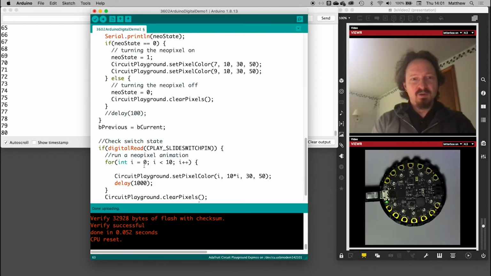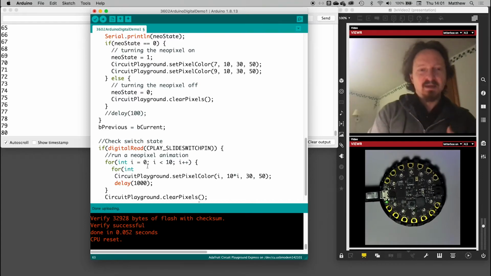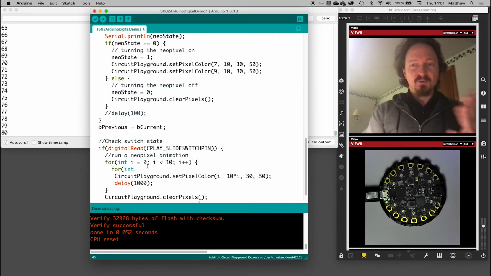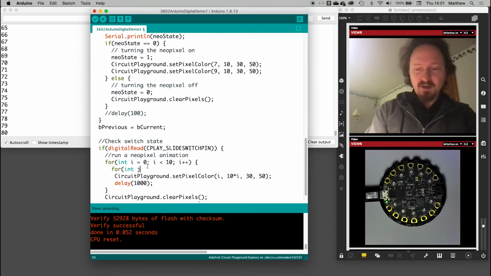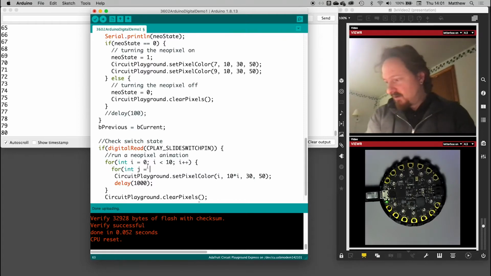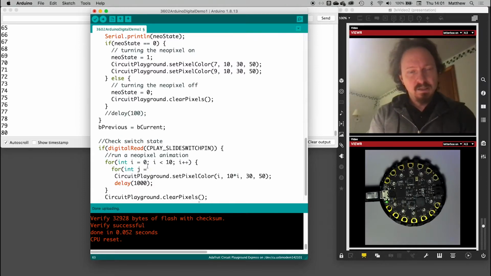So this worked for going around the ring. And then within that, I want a loop that's going to let me blink each of those LEDs. So I'm going to say I need another index for this loop, and I want to make sure that I use a different variable. If I'm nesting loops, I want different variable names, so I'm just going to call this one J. J is going to be 0. Well, J is less than 10 as well, and then J plus plus,